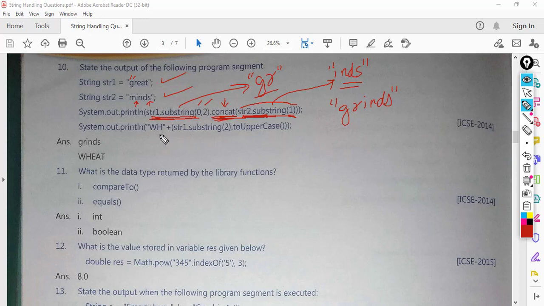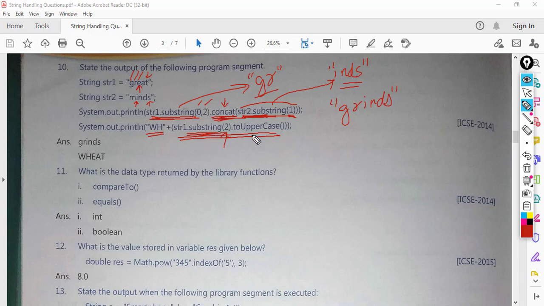Okay. Now in the next line we are concatenating "wh" with the result of this. So let's see what is the output of this substring. str1.substring, start from 2. So 0, 1, 0, 1, 2. Okay. Second index is this and the third index is this, "eat".